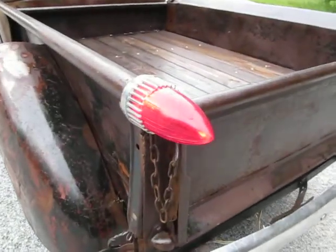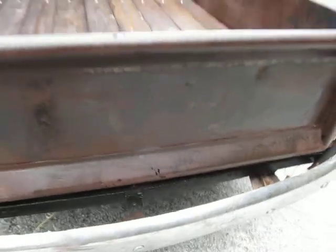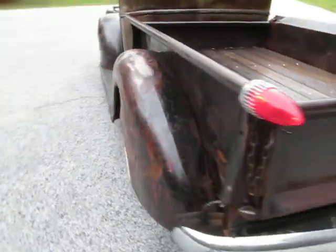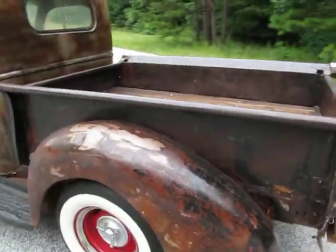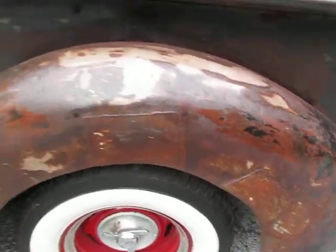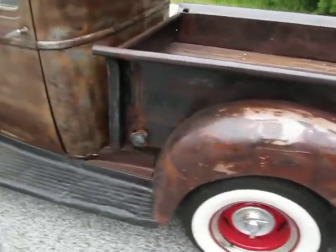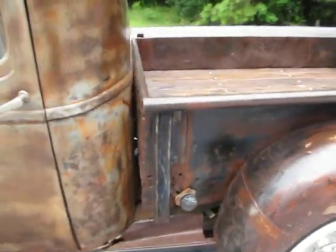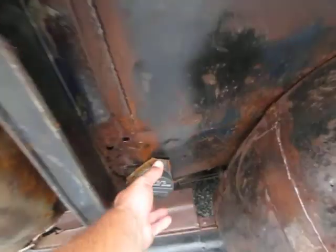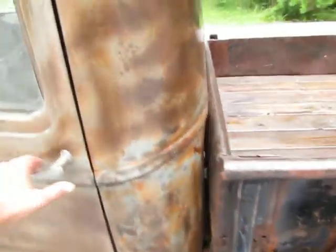You can see them shining there. And tailgate looks pretty good. A couple little rust spots there, and sometimes I feel a little dumb pointing out all the rust on a rat rod because it's supposed to be a little bit rusty. This one's got a couple more patches like the other side on the rear fender, and like I said, if you wanted to take the time with the grinder to smooth those out, you could. Fuel tank put in underneath. This is, like I said, an S10 underneath it,